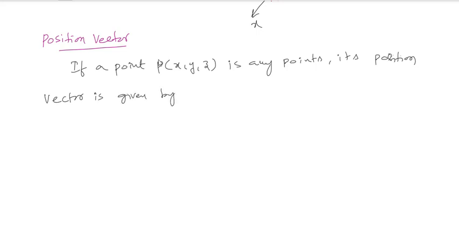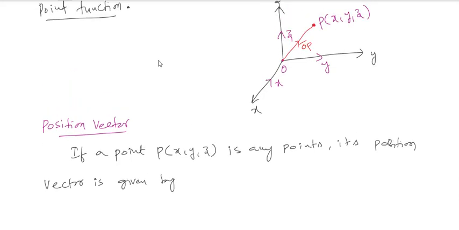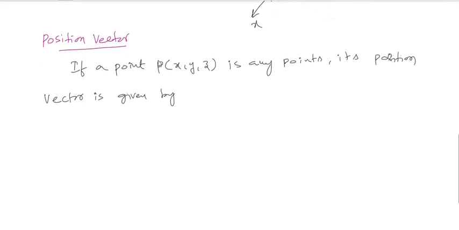see there, that is OP bar. Am I right or not? So if I take that OP bar with respect to x, y and z, you will have it as, am I correct or not? That is nothing but OP bar, which is called R bar, that is xi bar plus yj bar plus zk bar. So this is your position vector.